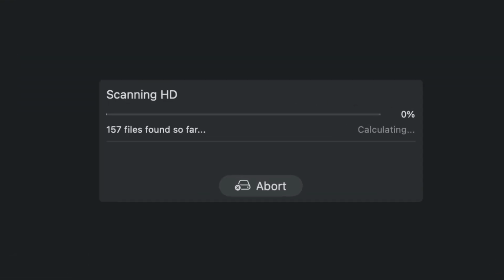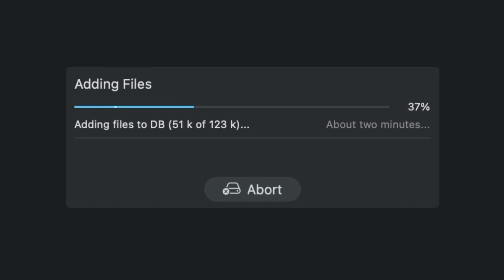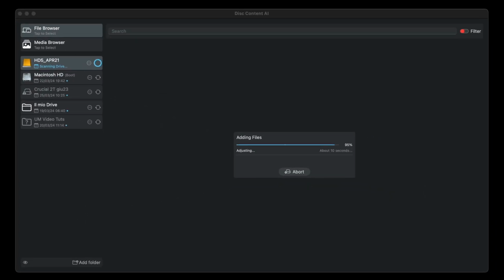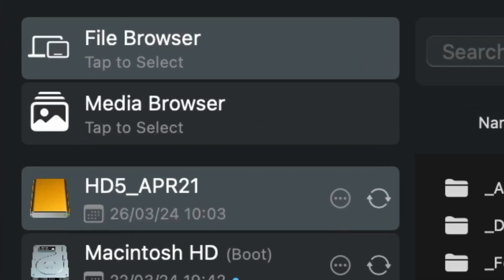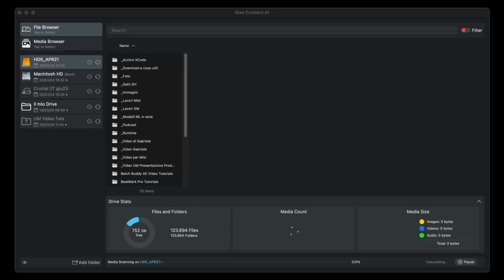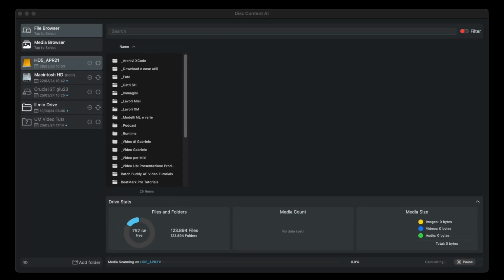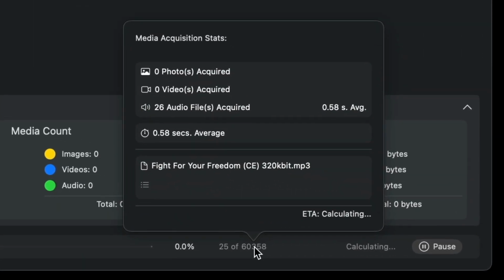This is a 5 TB spinning disk external drive connected via USB-C to a MacBook Pro with an Apple Silicon processor. As you can see, the scanning speed is relatively fast. Once the scan is finished, you can see the date of the last scan here. Immediately after the scan, the much longer media scan begins, which is shown with this blue scroll bar. We will focus on media in later tutorials.